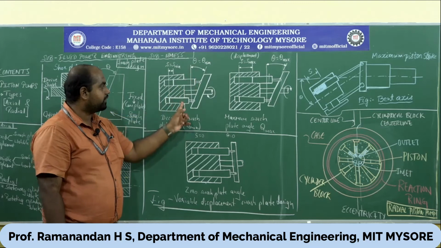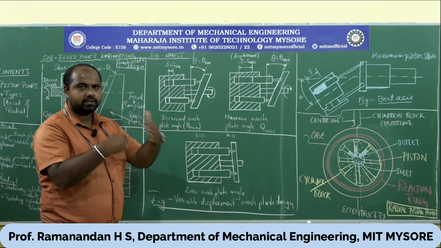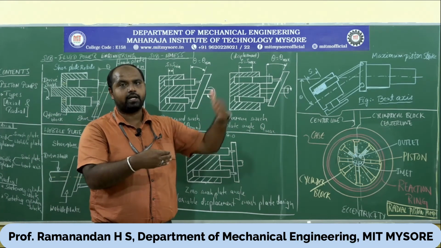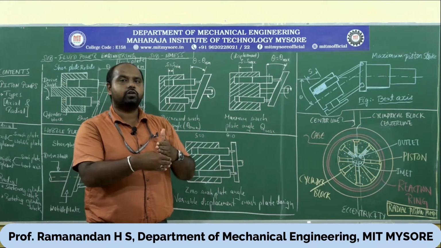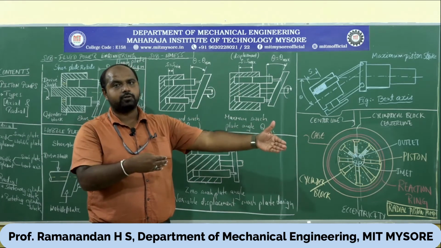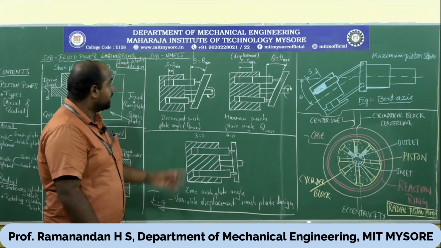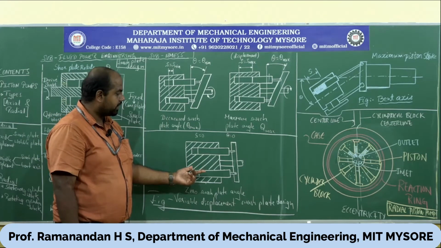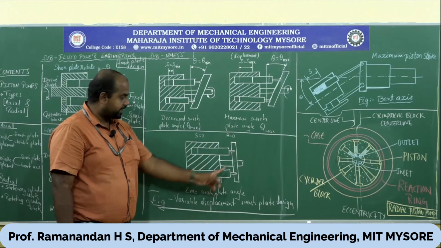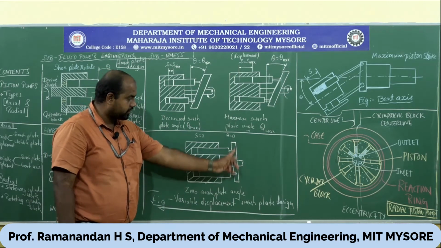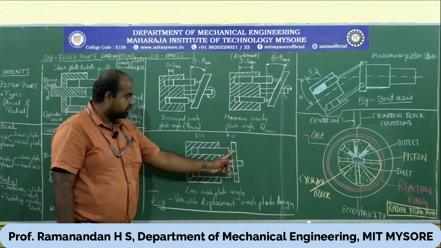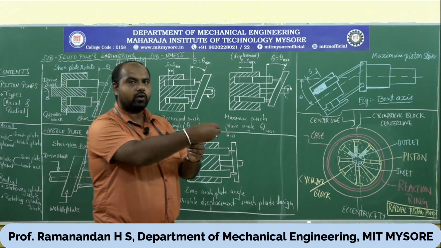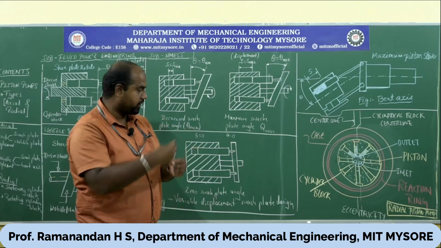You can just see one of the designs, then you can understand all of them. It is just a stage by stage representation of zero angle, minimum angle and maximum angle. Zero displacement, minimum displacement, maximum displacement. Let us see first the case of zero displacement. If the setup is something like this, this is the swash plate, you already know this. Shoes are usually capable of penetrating in and out of the swash plate.